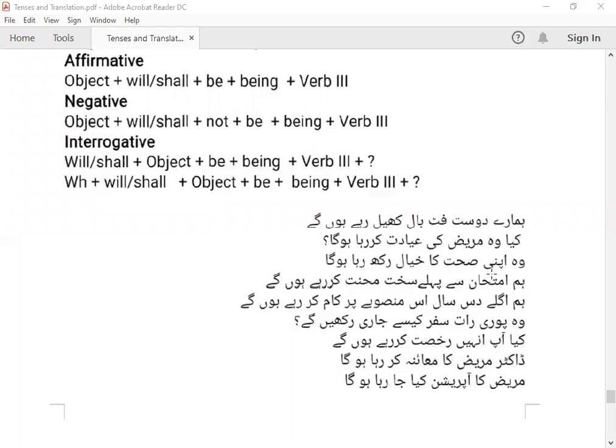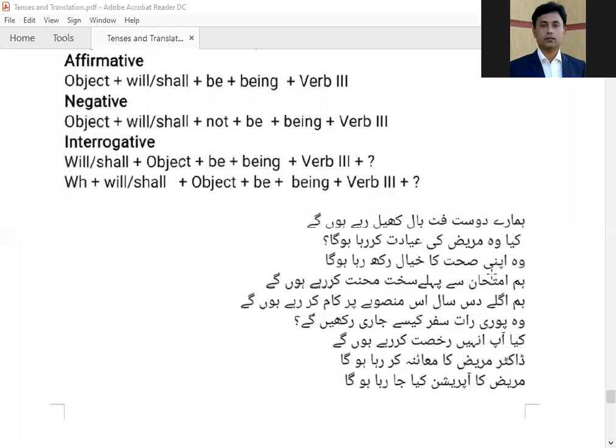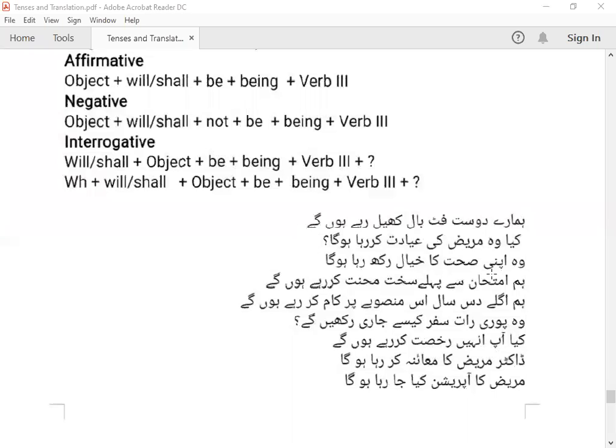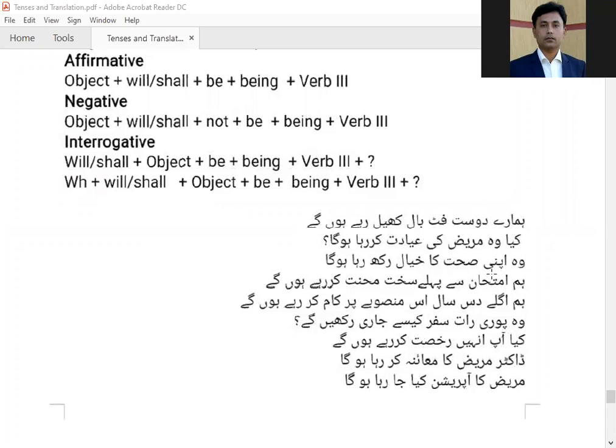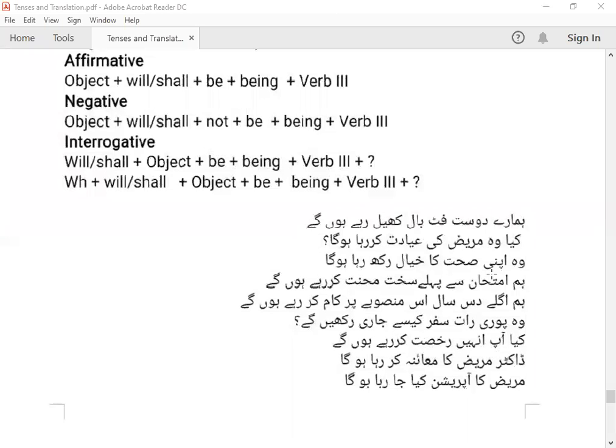अच्छा, उसके बाद है डॉक्टर मरीज का मुआयना कर रहा होगा, डॉक्टर विल बी एग्जामिनिंग द पेशेंट, राइट, कर रहा होगा, विल बी एग्जामिनिंग द पेशेंट। और लास्ट वाला इसमें जो सेंटेंस है, दैट इज इन द फॉर्म ऑफ पैसिव, मरीज का ऑपरेशन किया जा रहा होगा, द पेशेंट विल बी बीइंग। अब यहाँ पे बीइंग लगाएंगे क्योंकि मरीज का ऑपरेशन कौन कर रहा होगा ये मेंशन नहीं है, तो इसलिए हम इसमें विल बी बीइंग का वर्ड ऐड करके